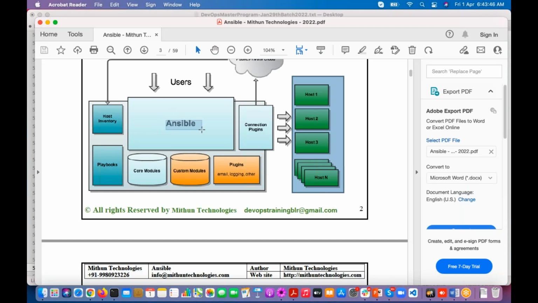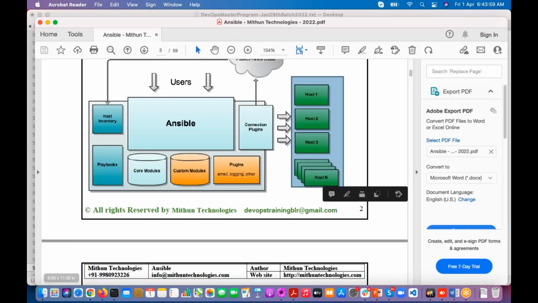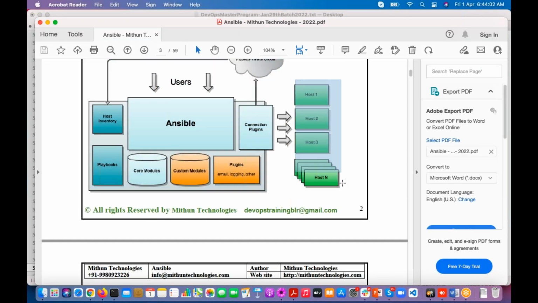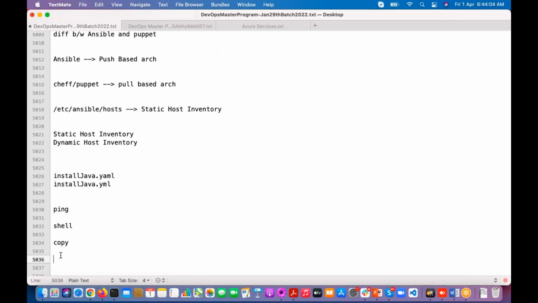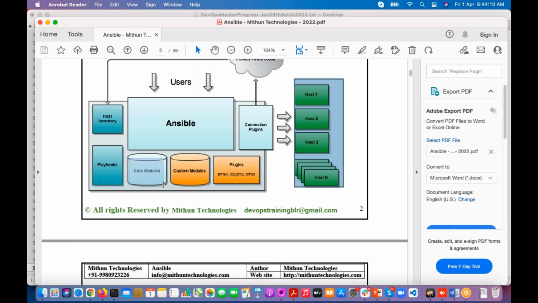From this Ansible server, if I want to copy one file to all these host machines, for that we use the copy module. If I want to create some files, I use the file module. Like this, many core modules are there. After installing the Ansible software, we are going to see all these core modules. I will show you how many modules there are and what the core modules are, by executing one command.